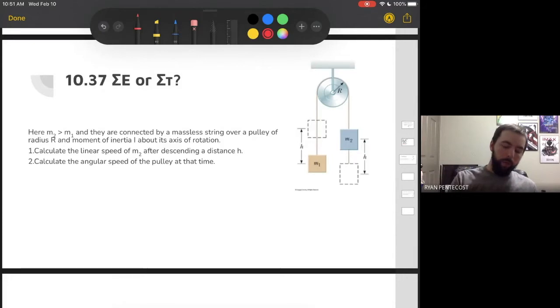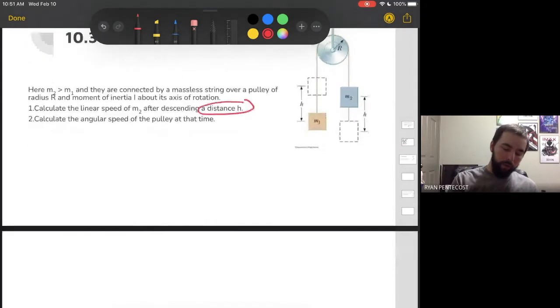So our big clue here is that there is a distance h. When there is a change in height, you probably want to use conservation of energy. That's just a kind of a clue that you have there, right? So we want to look at the linear speed of m2. So we will look at the entire system, right? We'll look at